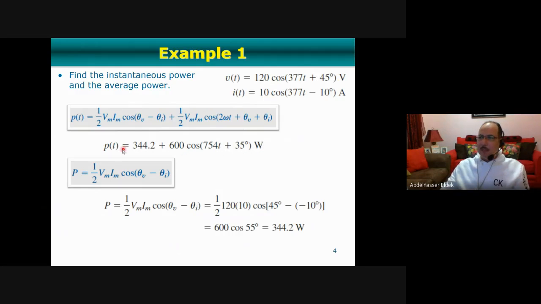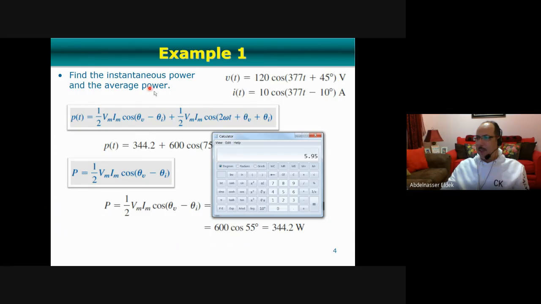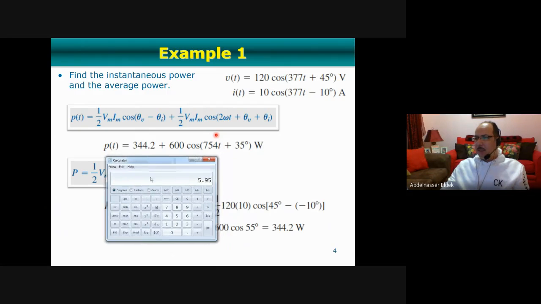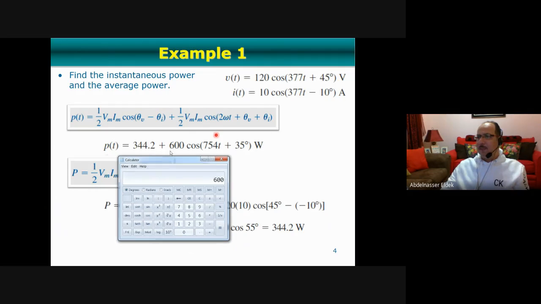The average power, when you calculate it, will look like this. You can just use the calculator here if you want to calculate it. So here is 1/2. 1/2 is just 0.5 times 120 times 10. Okay, so this is 600. So this one is 600, and you multiply it by cosine what? Cosine 45 minus 10, which is 55. So times cosine 55 degrees, equals